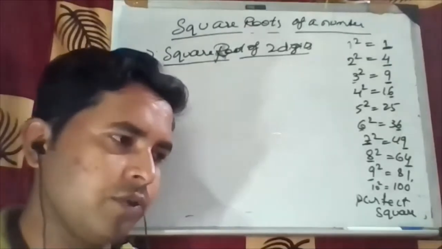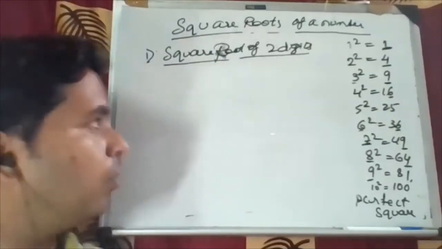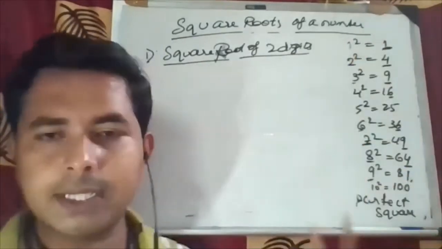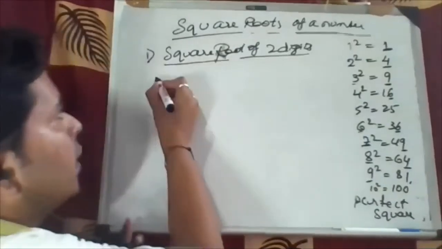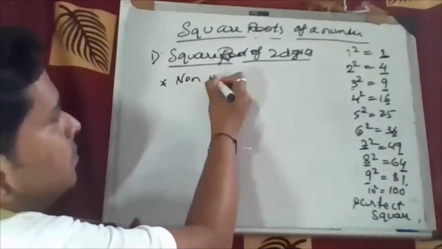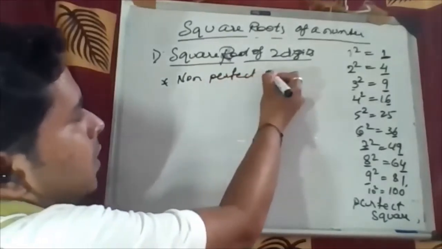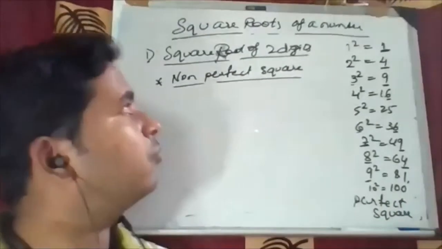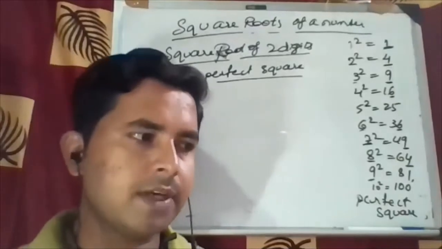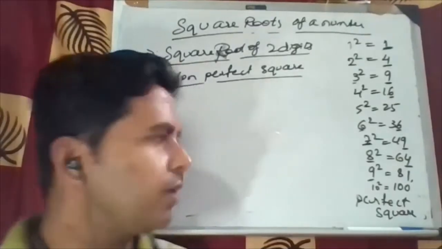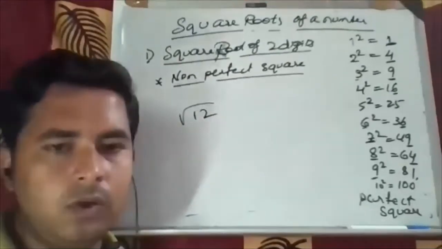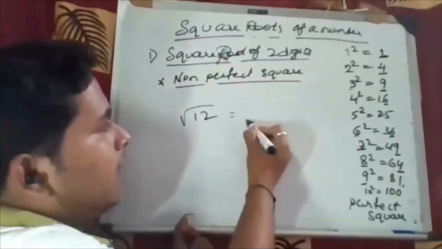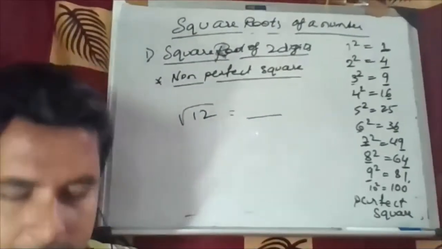So I'll tell now the first question. What we'll do, these are already perfect squares. I know from 1 to 10. So what I'll do, we'll find the square root of non-perfect squares. So I'll take non-perfect squares and we'll try to find the square root of those things. For example, square root of 12. It is a little difficult to find the square root of 12 because you won't get an exact value, you'll get a decimal. So for that, a certain rule is there, we follow that rule.